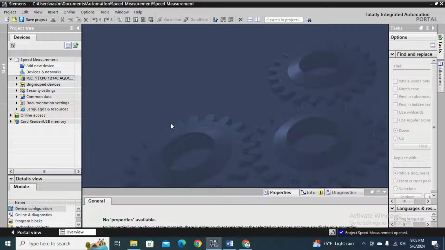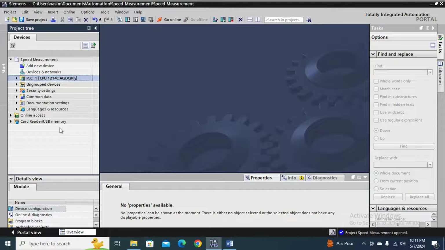Now we will make two configuration settings before we proceed to PLC programming. One is to make configuration setting for PLC high speed counter, and the latter is to make configuration setting for PLC analog output, which will give 0 to 20 mA output to run the DC motor at variable speed. Now to make configuration settings for PLC high speed counter,